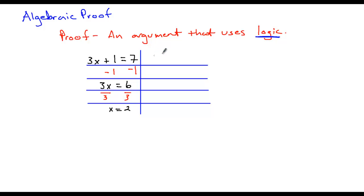So this is called a given statement, or given equation. It was given to me. If I gave you nothing, you would just have a blank piece of paper. So every time you do a proof, something's got to be given to you. Now, the very first thing you did was subtract 1 from both sides. Nobody in all of the world would have done this problem any different than you did. That's the first step. And the reason every single person in the entire world would have done this on the very first step is because they all know